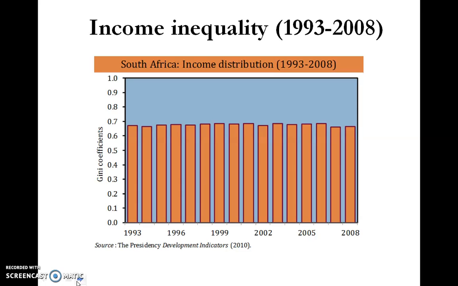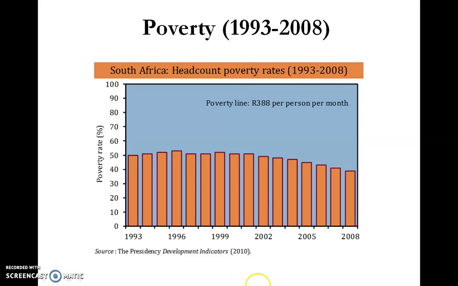Something about Gini coefficients that you need to remember is that it is very sticky. It's what we call sticky. It's rather hard to change over short periods of time. If you look at one of our FGT measures, just look at poverty headcount poverty rates at the 388 Rand poverty line over the same period, 1993 to 2008. You can see that poverty has reduced slightly over time using that 388 Rand poverty line, but something you will